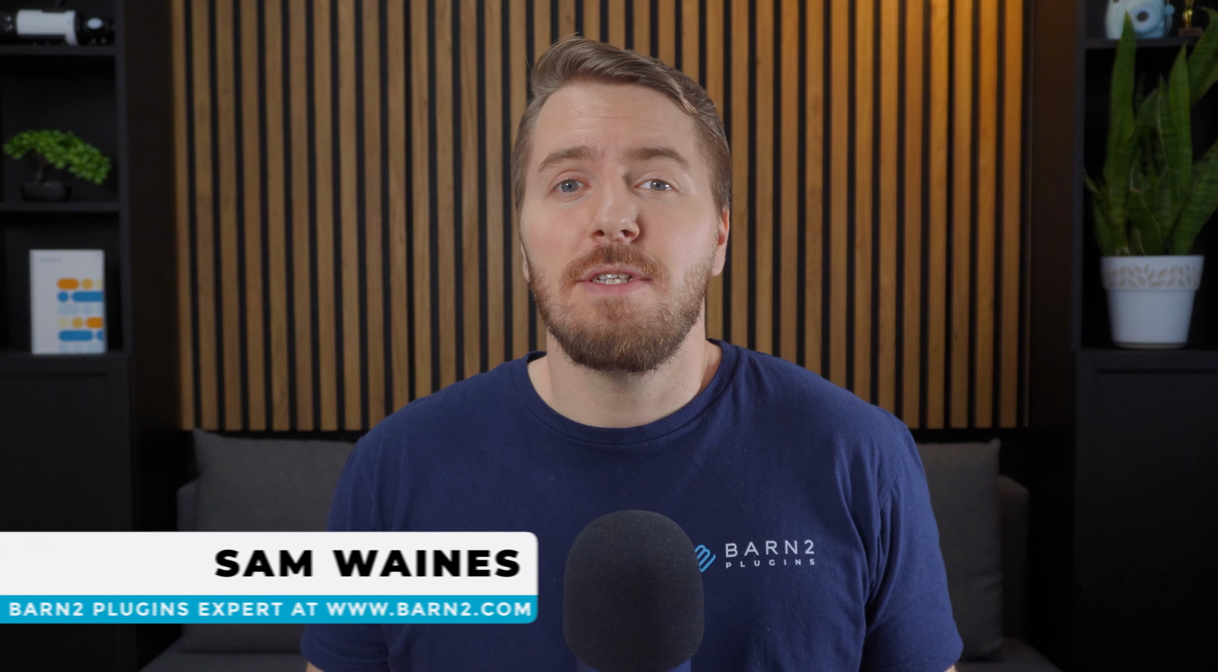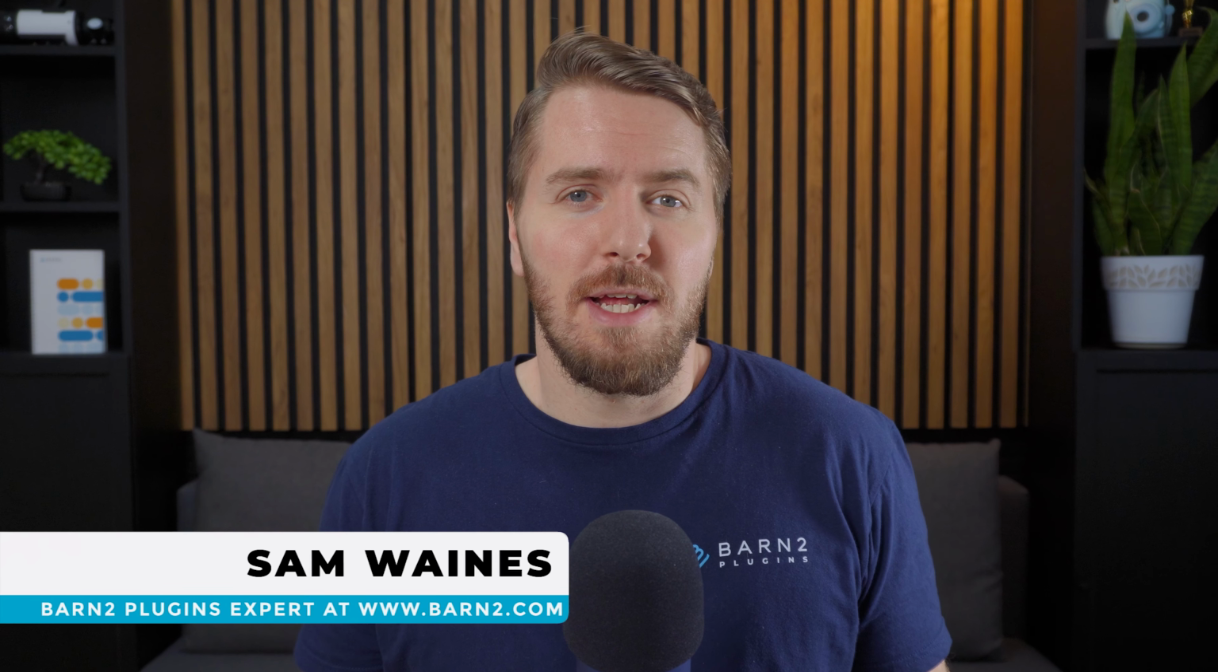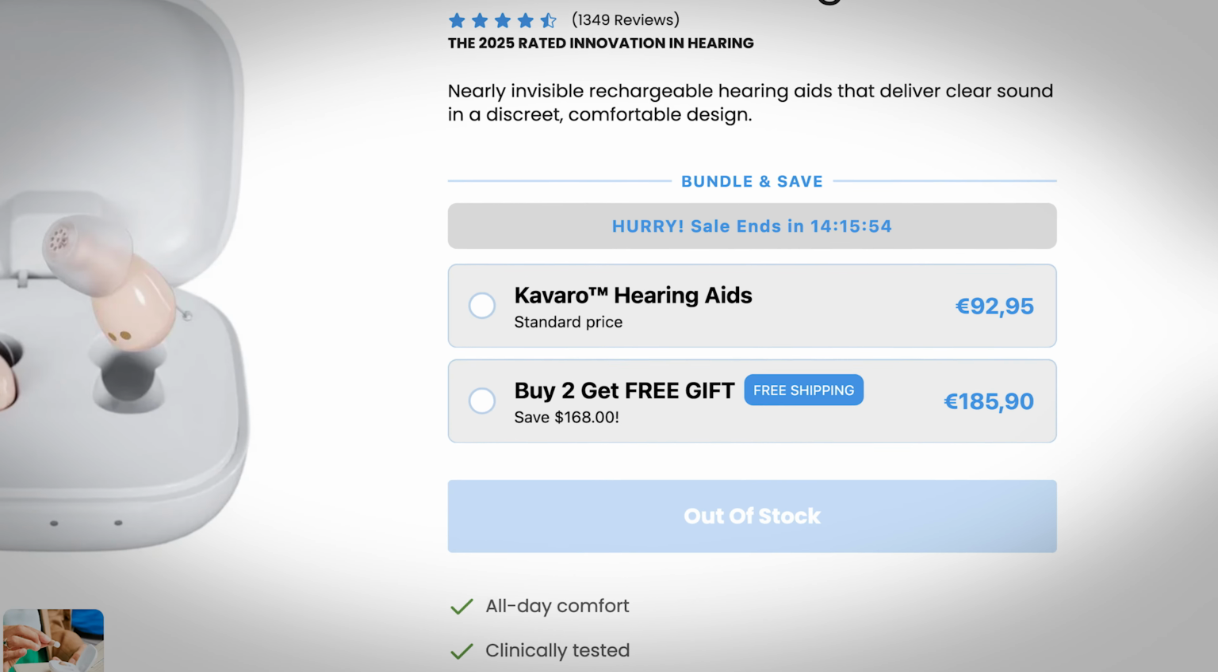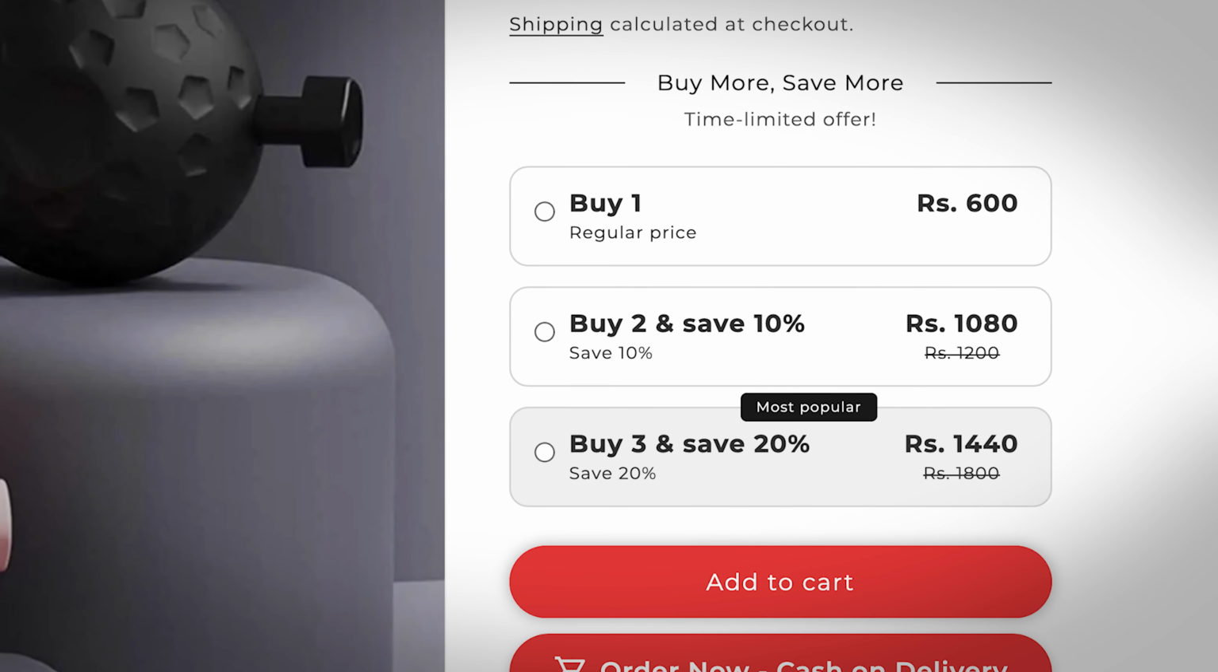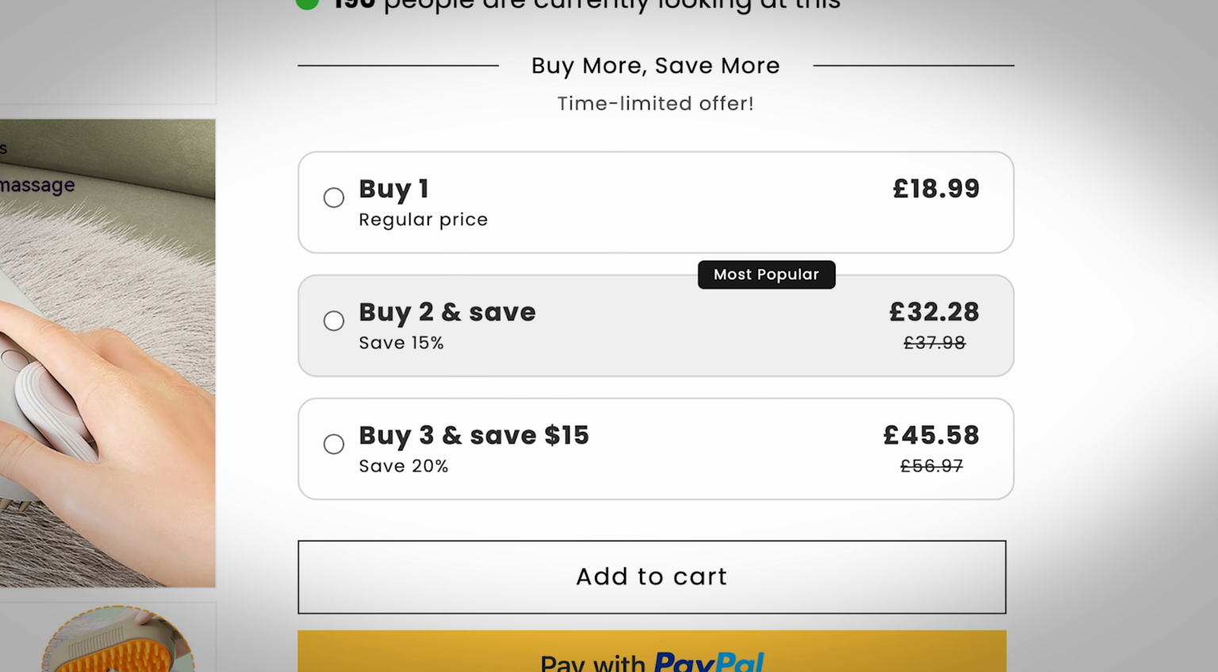So I've been spending a lot of time looking at the way Shopify stores are set up, and I noticed something quite interesting. I'm seeing these sort of volume bundles everywhere I look. Buy 2 for 10% off, buy 3 and save $15. You get the idea. They're simple, but they really seem to work quite well, and customers tend to buy more